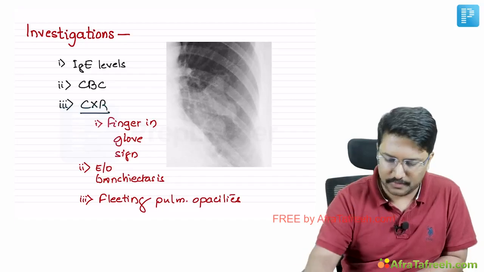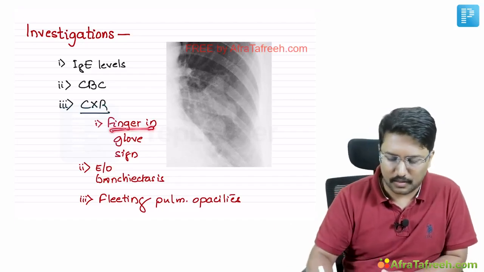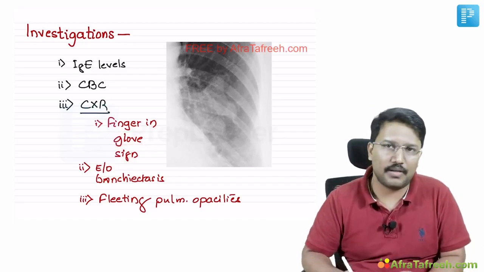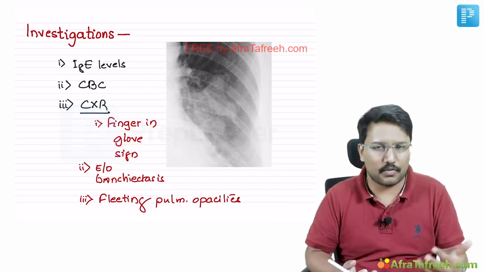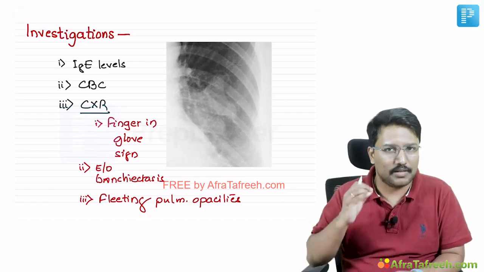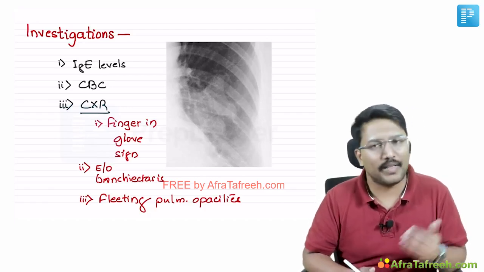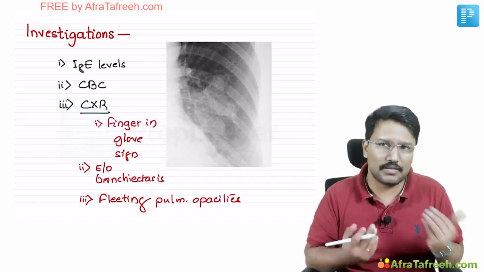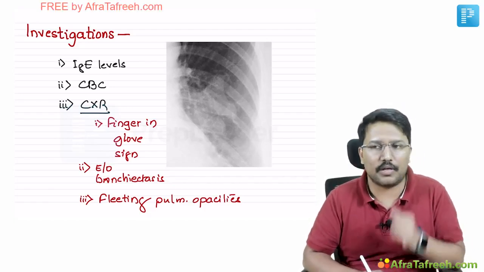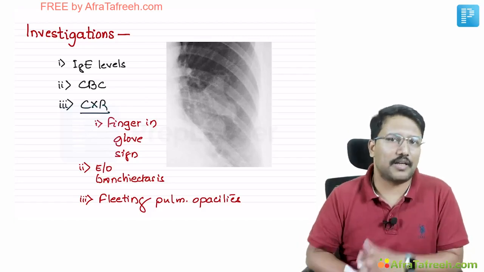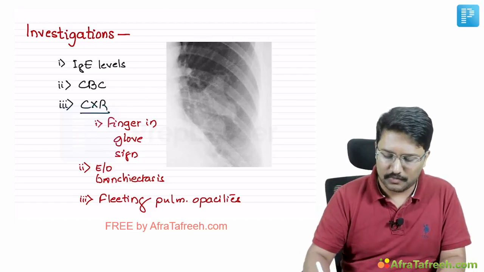Okay, now why are these manifestations occurring? The finger in glove sign is mainly because, as I've already told you, in case of ABPA, there is increased production of mucus as a response to IgE mediated cell injury as well as the eosinophilic inflammation. There is increased amount of mucus production. As such, bronchial asthma and cystic fibrosis are prone to increased amount of mucus production. So this large amount of mucus gets inspissated in large airways, right? So that leads to what is called the finger in glove sign.